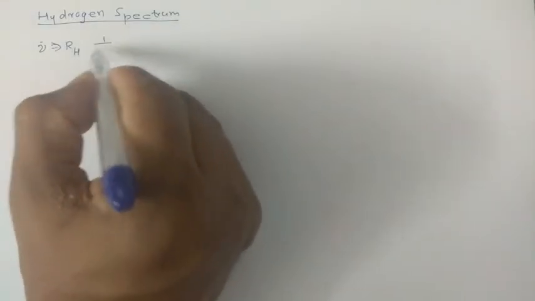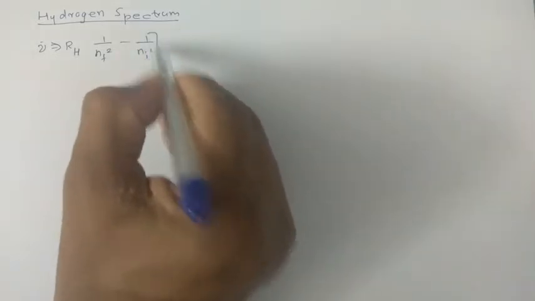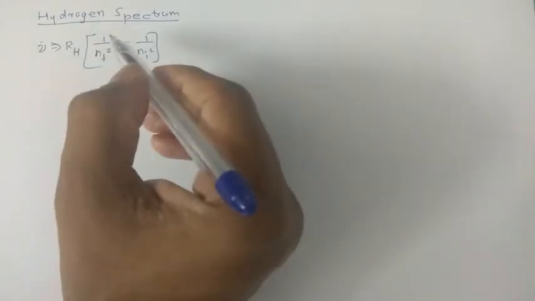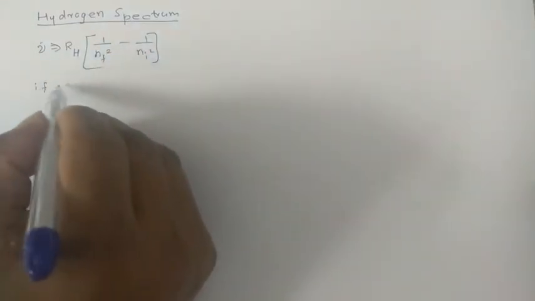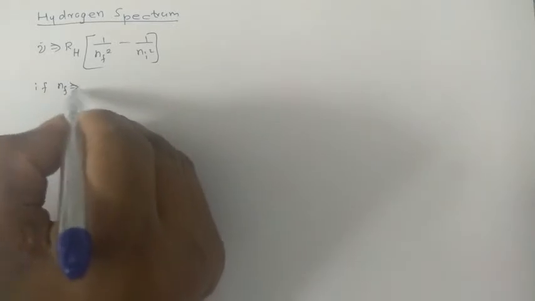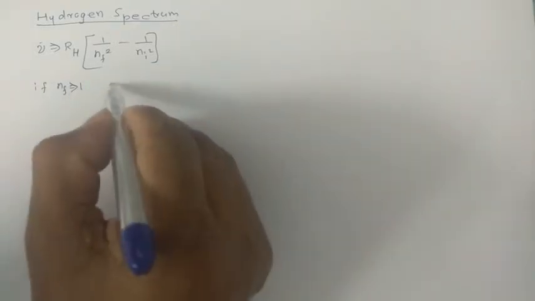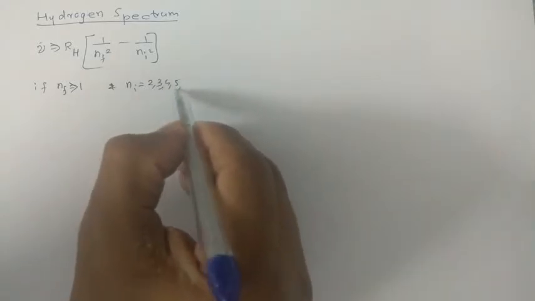We know nu bar is equal to R_H into (1 by n_f square minus 1 by n_i square). If n_f is equal to 1 and n_i is equal to 2, 3, 4, 5, 6 up to infinity,